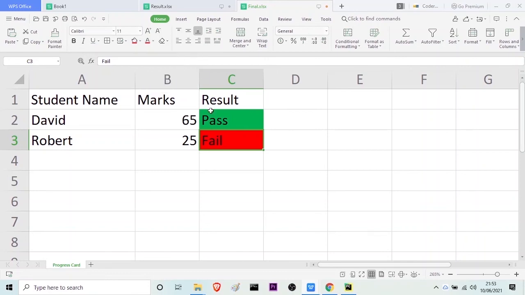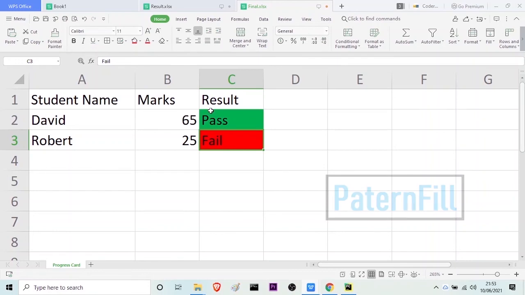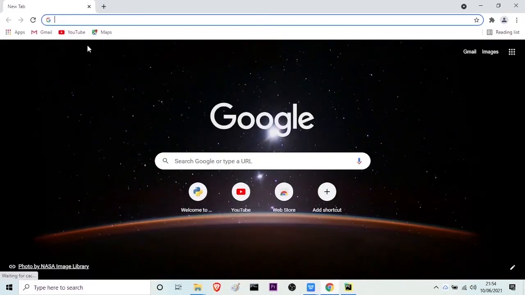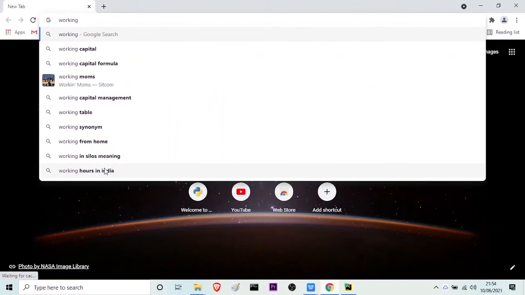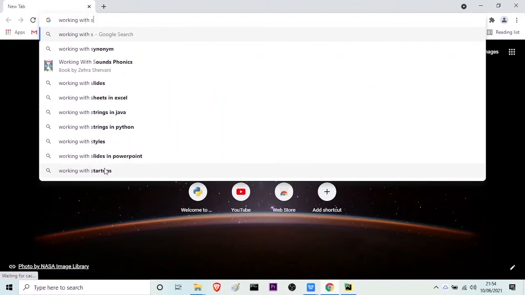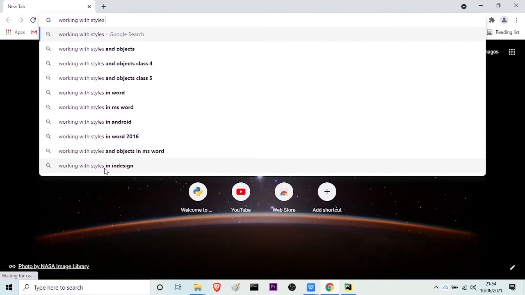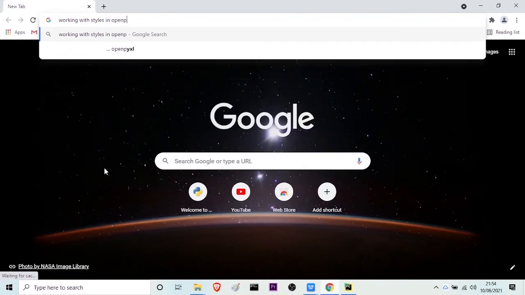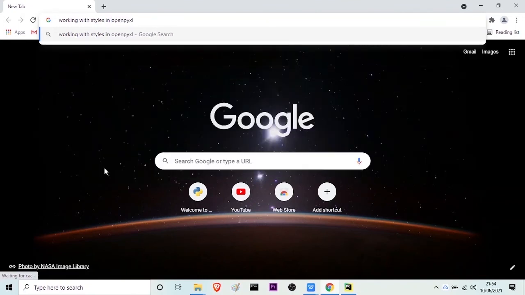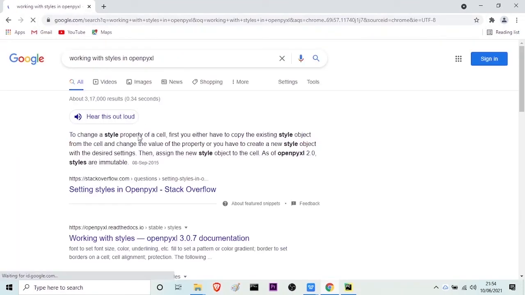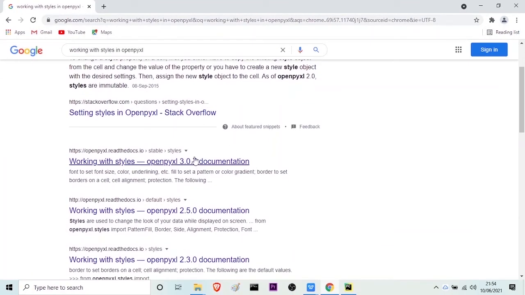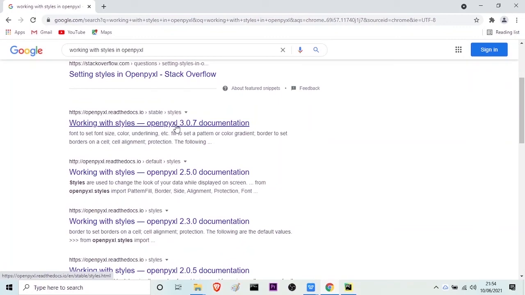we have to use a class known as the pattern fill. So for that, let me show you what we have to do. I will go to my browser and here I will type working with styles in Openpyxl and press enter. So here you can see we have this working with styles Openpyxl 3.0.7 documentation. If I click on this,